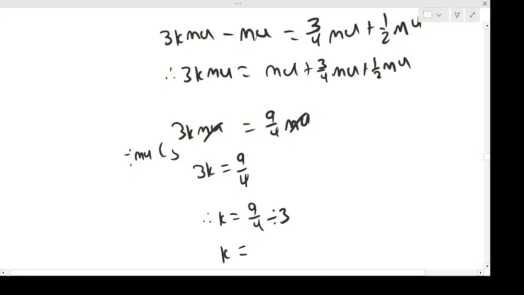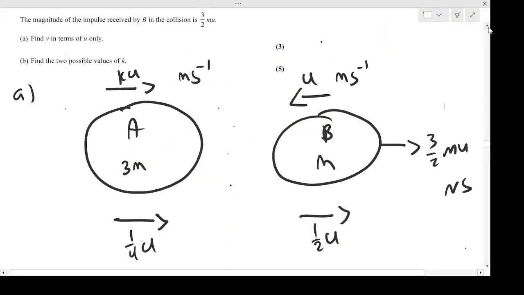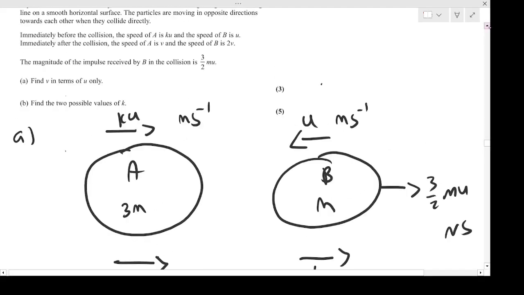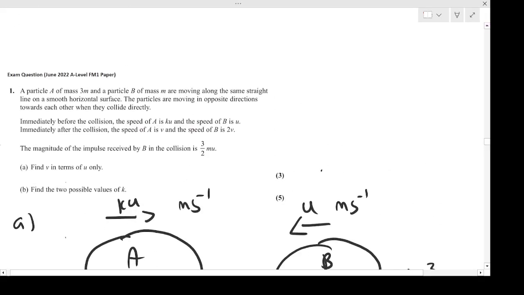And that's going to be 3/4. Okay, and there we are. But hang on, the question has asked me to find 2 values of k. I've only got 1 here. Right? So, what's that about? If you actually look at the question again, remember, I'm not actually told anywhere where